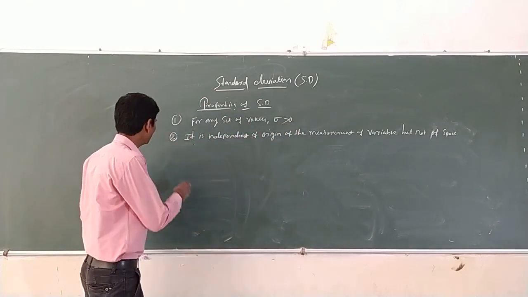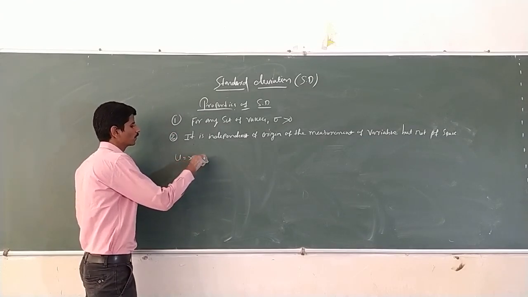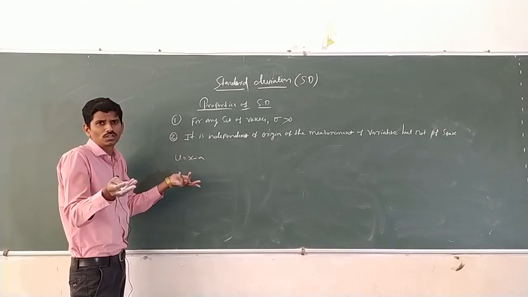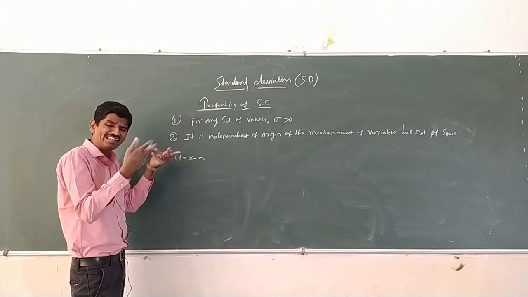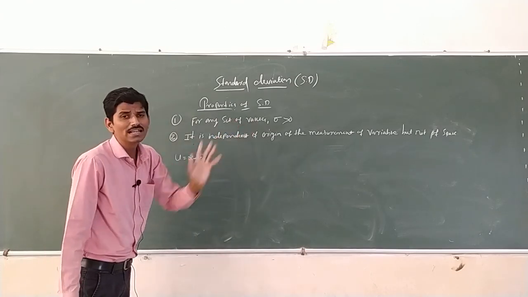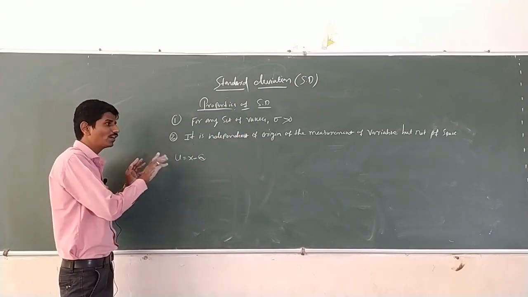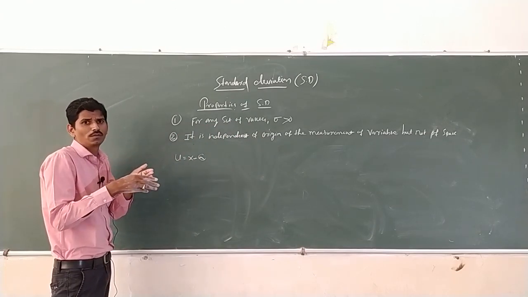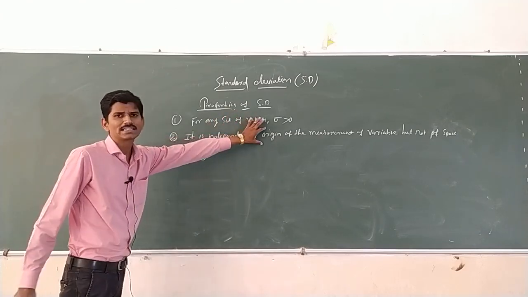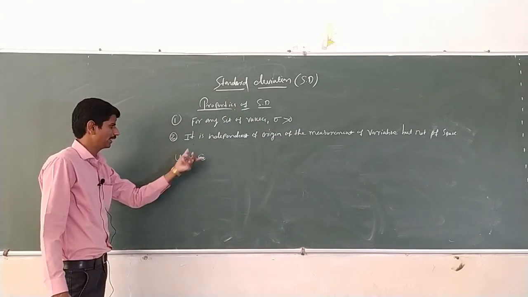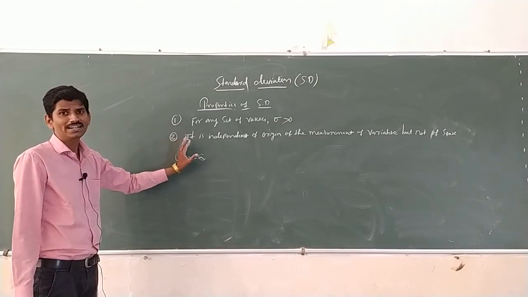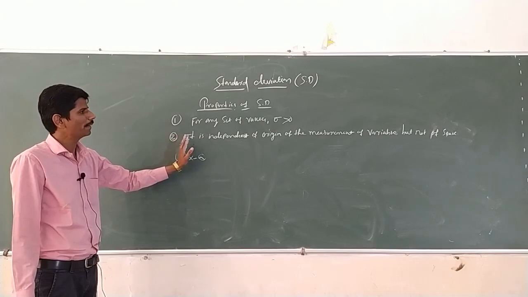For example, we are taking u equal to x minus a. Here a is the assumed value. From x you have to choose any value, no restriction. Therefore it is independent of origin, but not of scale. The x values are not independent; they change from the first value to the second, third and fourth values. The origin is always independent, that is u equal to x minus a, where a is the assumed value, any value chosen from x. It is independent of origin but not of scale.